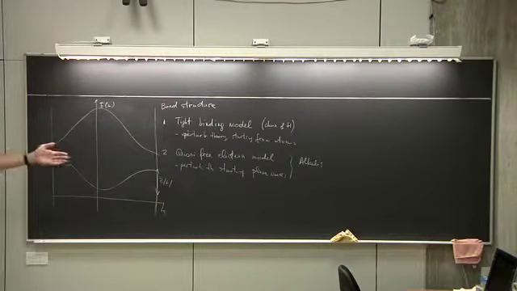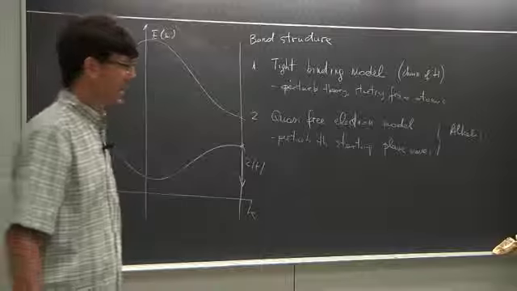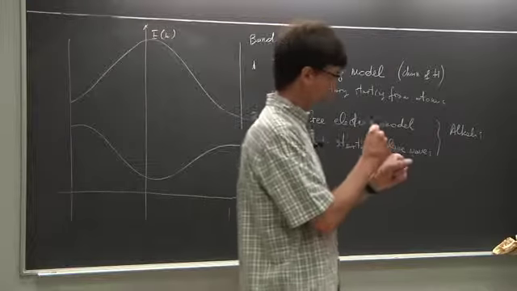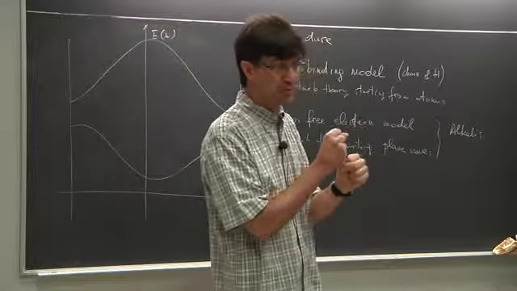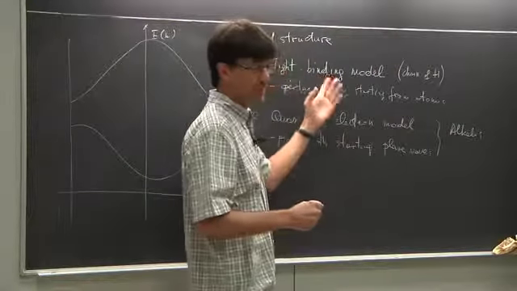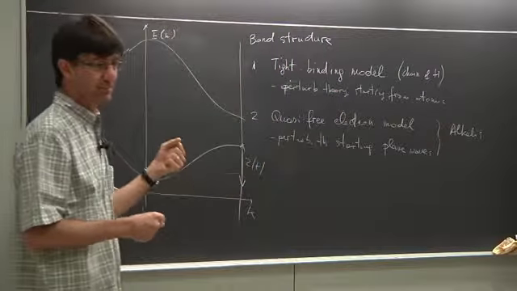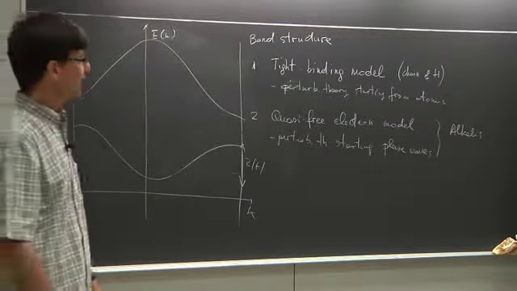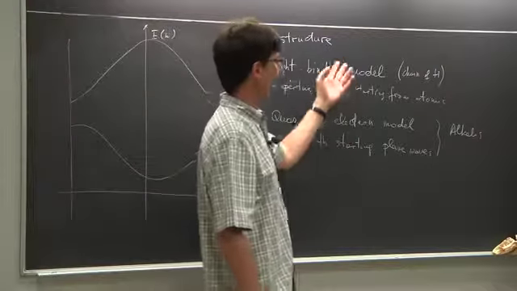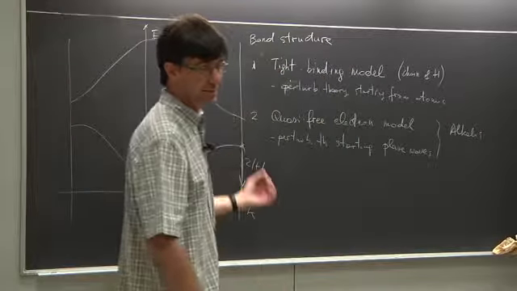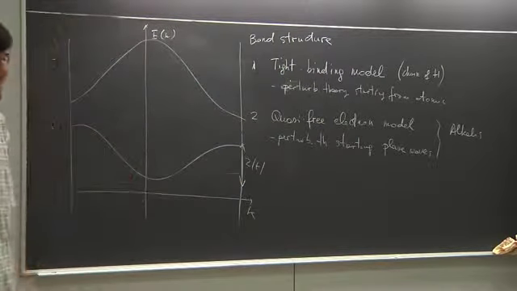On the other hand, on the other side of the periodic table, you are in the rare gases. In rare gases, the atomic orbitals are extremely tightly bound. By the way, tight binding precisely means this: the electrons are tightly bound to the atoms. So this is a very good starting point to describe the band structure of a rare gas, for example, whatever that means,